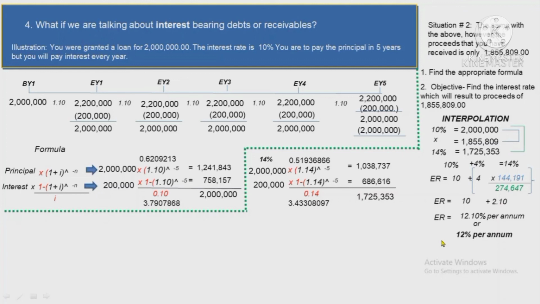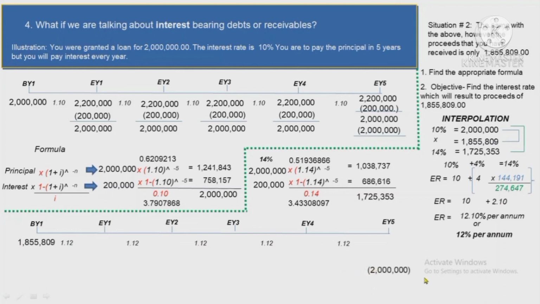Of course, you wanted to check if ever that is correct. So let's have the timeline. And let's use the 1.12 because our answer is 12% per annum. So according to the problem, you have a present value of 1,855,809. And then, you're gonna pay after the end of 5 years a principal of 2 million and you're gonna pay interest of 200,000 each and every year. So, let's see if ever this 1,855,809 debt of yours will really become zero at the end of year 5. So, 1,855,809 times 1.12, you have 2,078,506 minus 200,000, you have